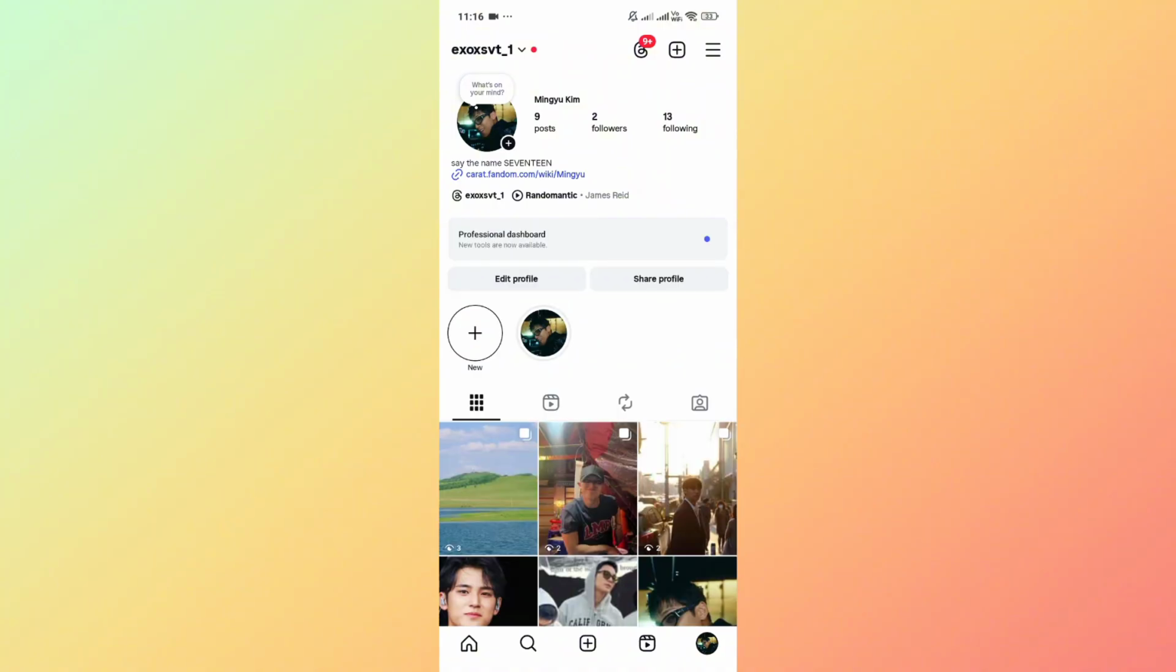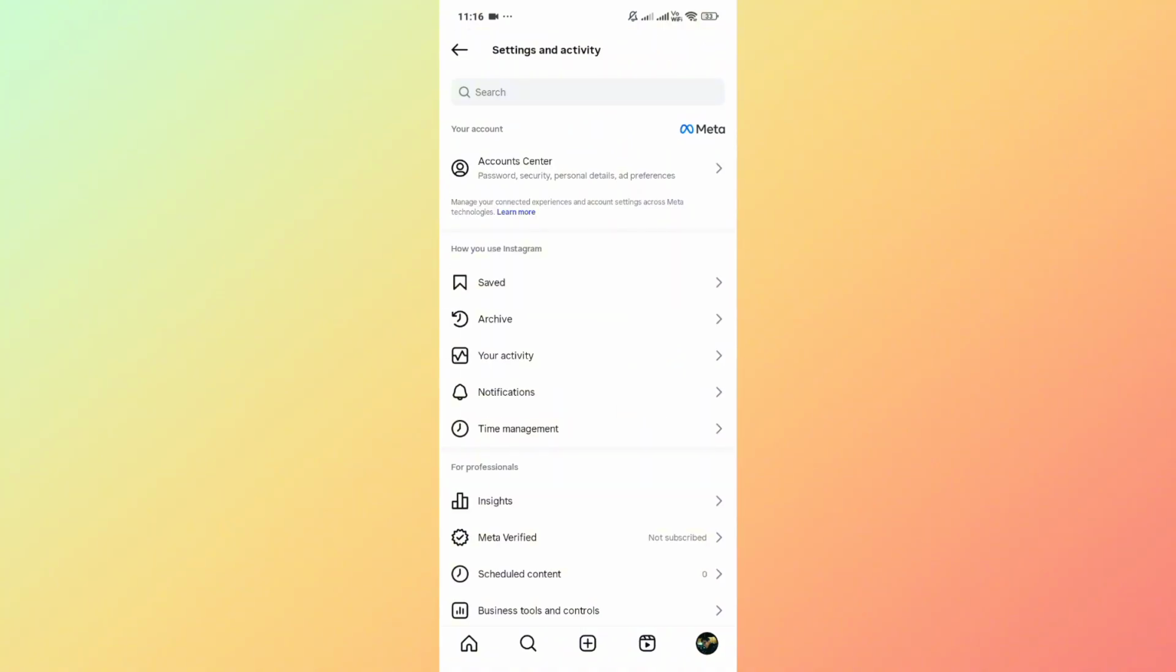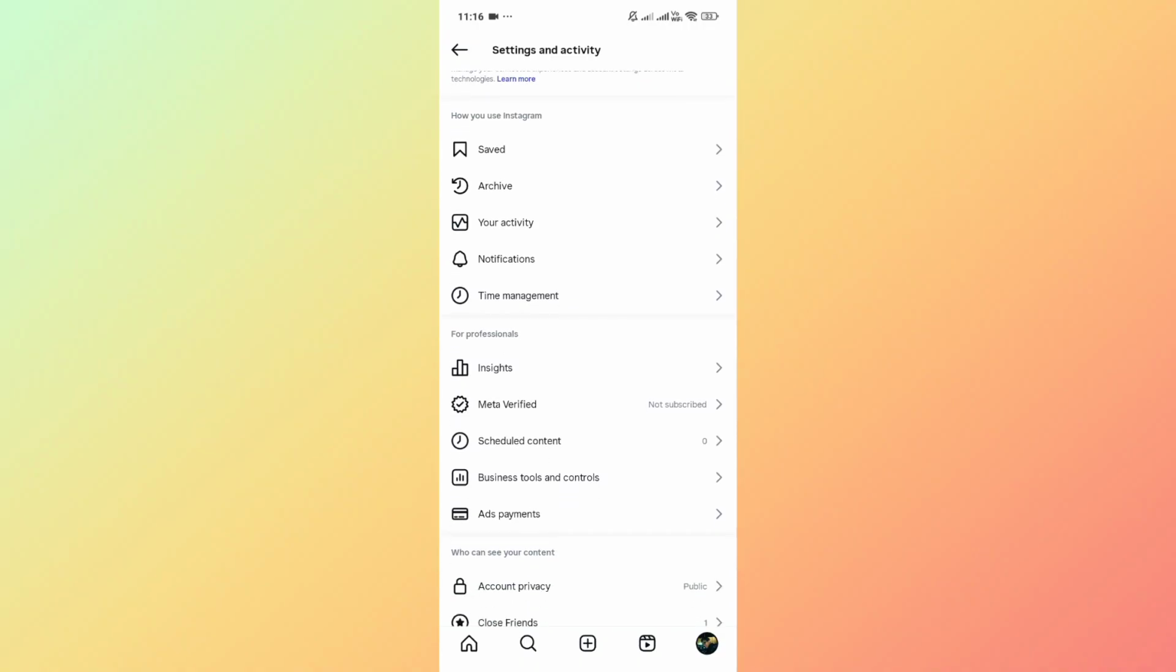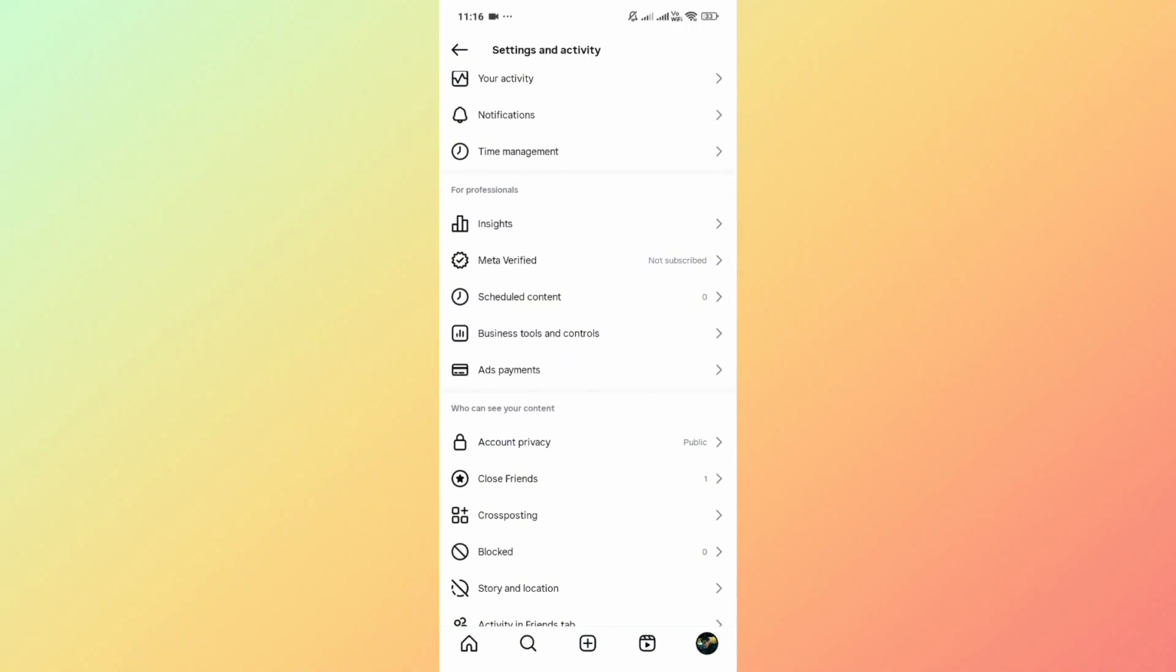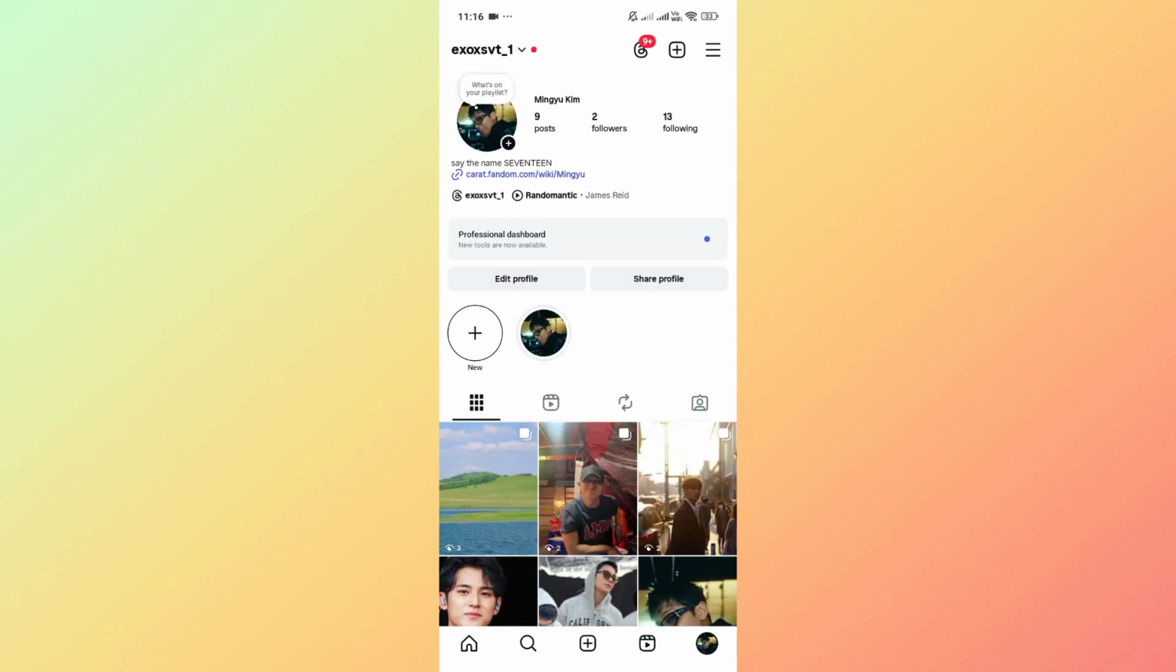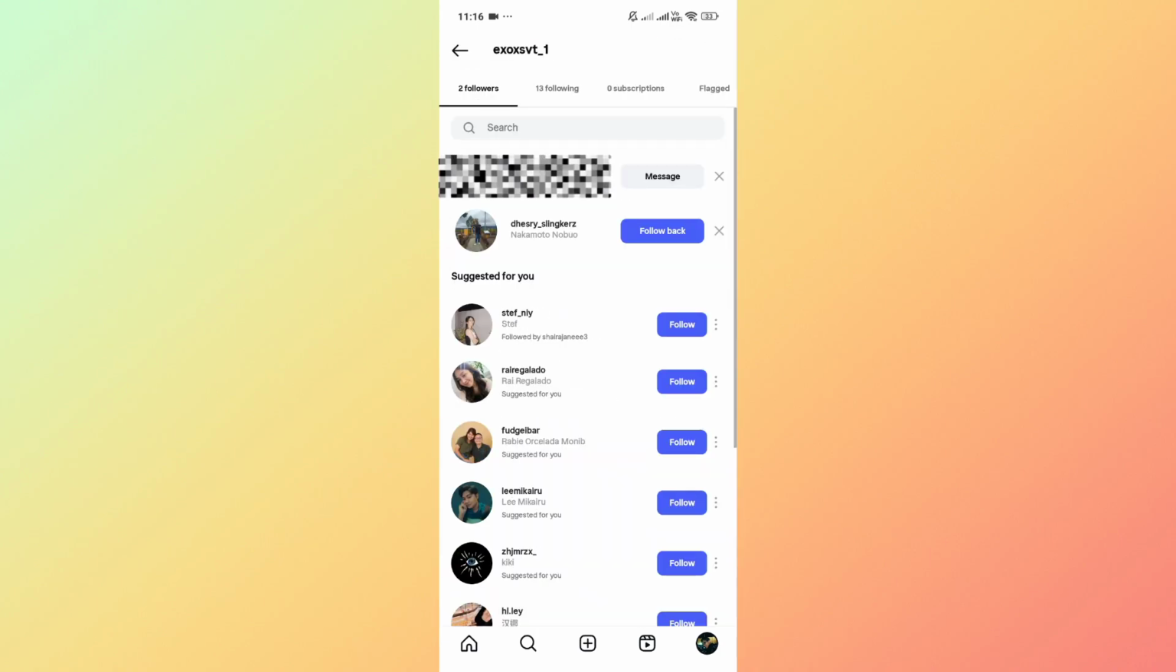So click on your profile and then click on the hamburger icon at the top right of your screen. And then from here, scroll down and look for account privacy and click on it, and then set your account to private. So only approved followers can see your following list through this. So basically, Instagram doesn't offer a direct hide following list button, but you can limit visibility using privacy settings and